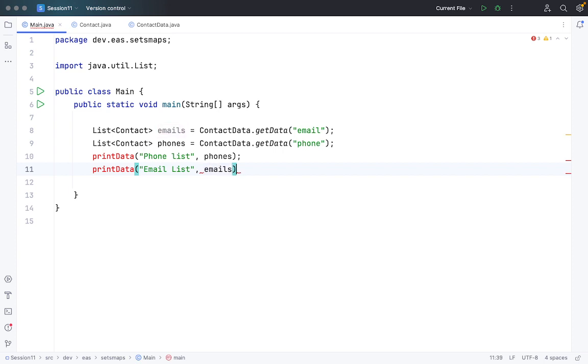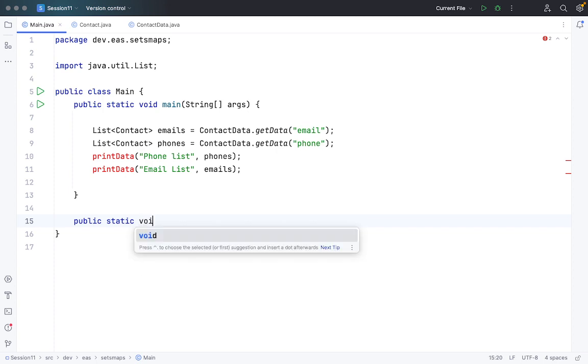So I'm passing 2 arguments, so I have to create a print data method as well. So let me create that. So I will just create a public static void print data